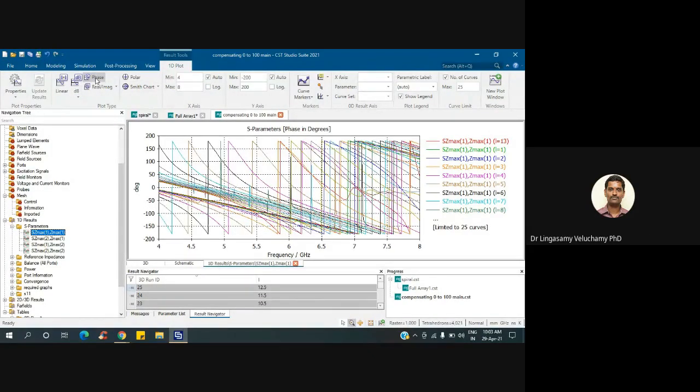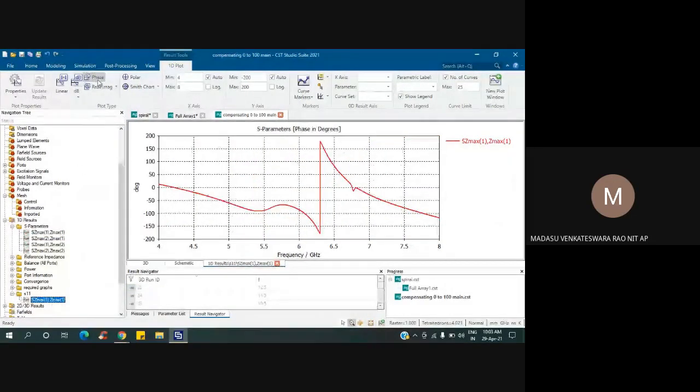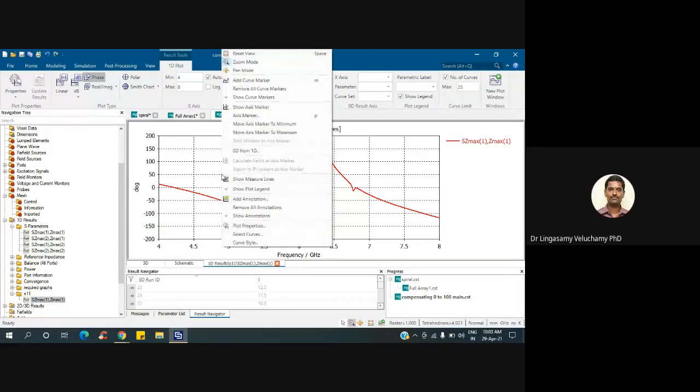Yes, sir. 1D plot, linear, dB clicked. Can you click on the phase? Yes, sir, I click. Okay, this is the phase, frequency versus phase. Here, you can unwrap this. Right click it. Can you right click it? Yes, sir.